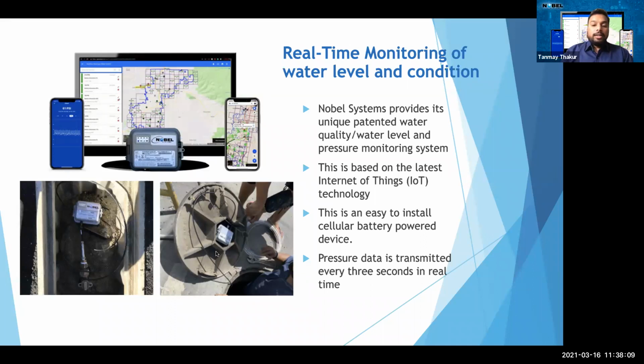And this is battery powered, and if you are looking for a solution where you want to monitor the pressure in real time, this device can give you the readings maybe from 3 seconds to 3 minutes, and everything is in actual real time, where even if the pressure goes up and down below a threshold or maybe there is a leak, you will get notified about it immediately.